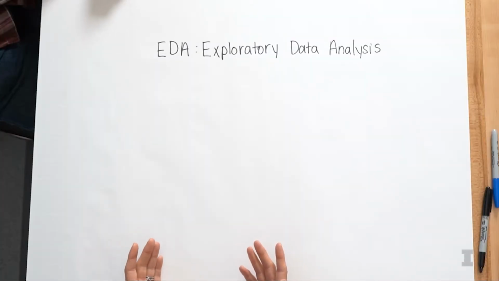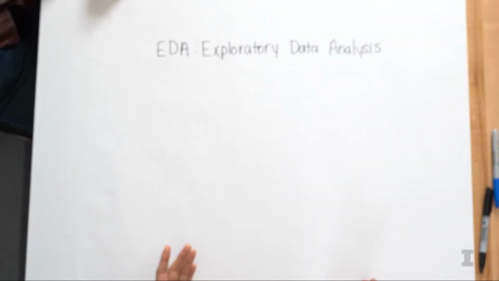And it involves a lot of things. We're going to talk about a couple of them, but a lot of times I've heard people say that the EDA process can be over 50% of your time when analyzing data, especially if you have a really messy data set. From a computer science point of view, EDA is the process of getting your data, seeing what's inside of it, seeing what we need to clean up, and then potentially making some initial visualizations to get an understanding of what this data looks like.